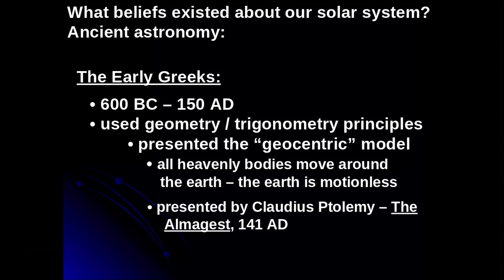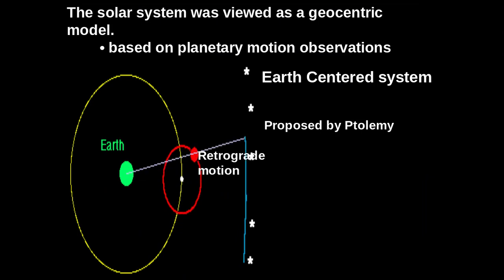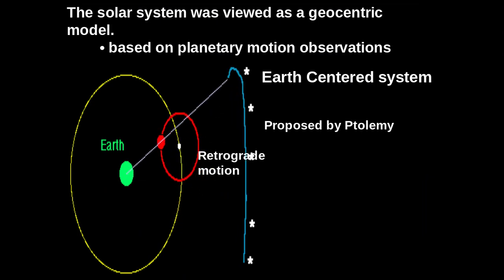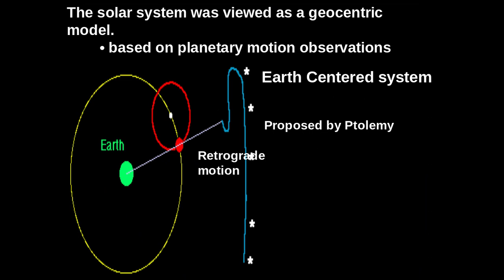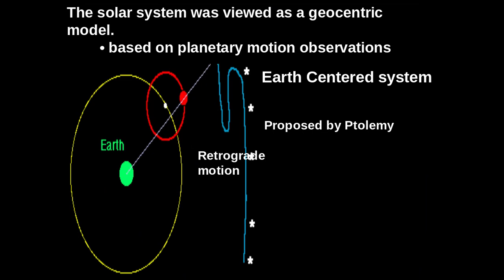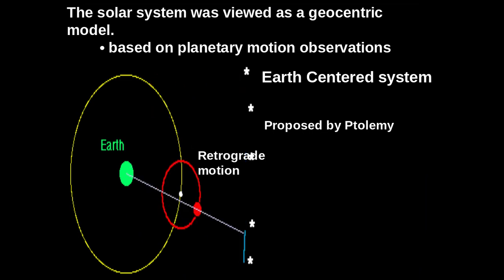And actually, based on what was available to Ptolemy for observations and so forth, it seems reasonable, right? Even today, we walk outside and it doesn't look like we're really moving. In fact, you could convince yourself that if you didn't know any better, really the sun is moving around the Earth. So one of the things that Ptolemy had to explain, given the geocentric model, was this process called retrograde